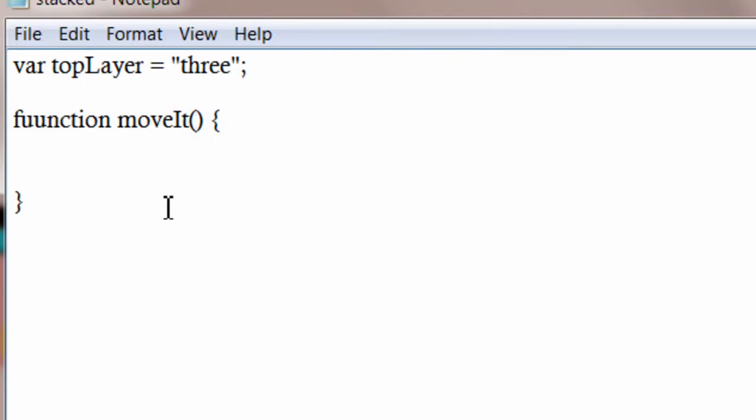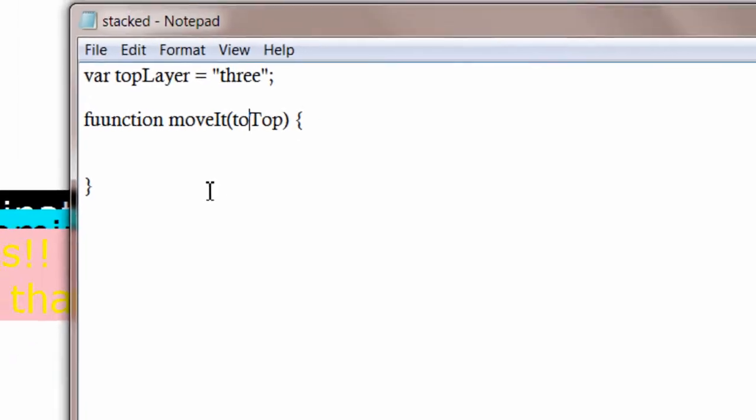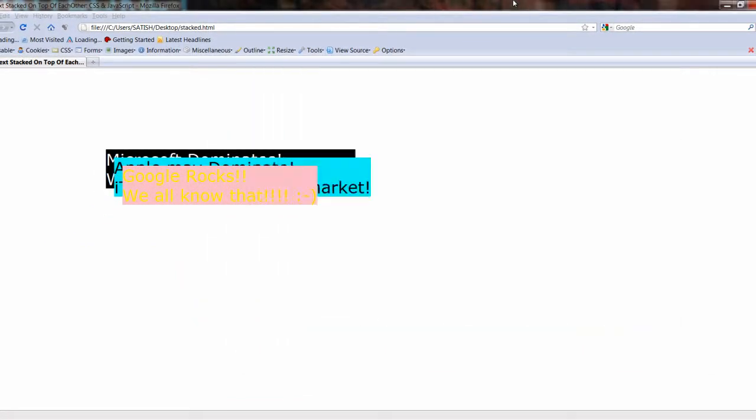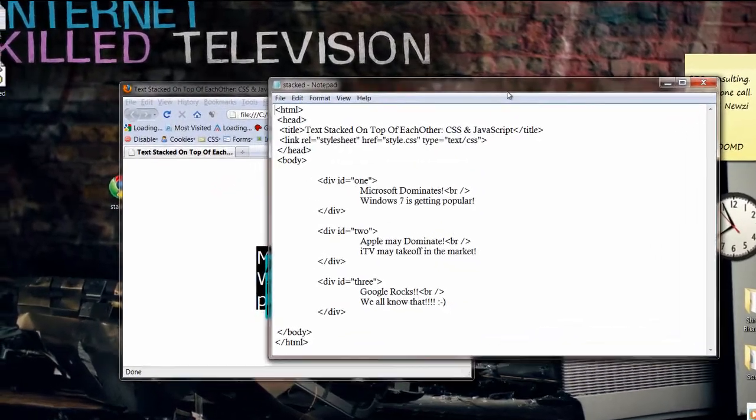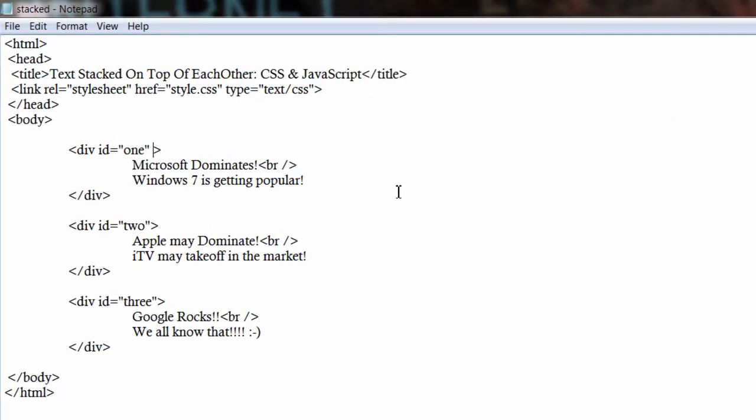Let's write a function, function name, some random name, I'll call it moveIt, and our function takes an argument. So let's see where we are passing the argument from, our HTML file. When the user mouses over this div area, using the JavaScript event onmouseover, we will call the moveIt function and pass the id of that div tag.